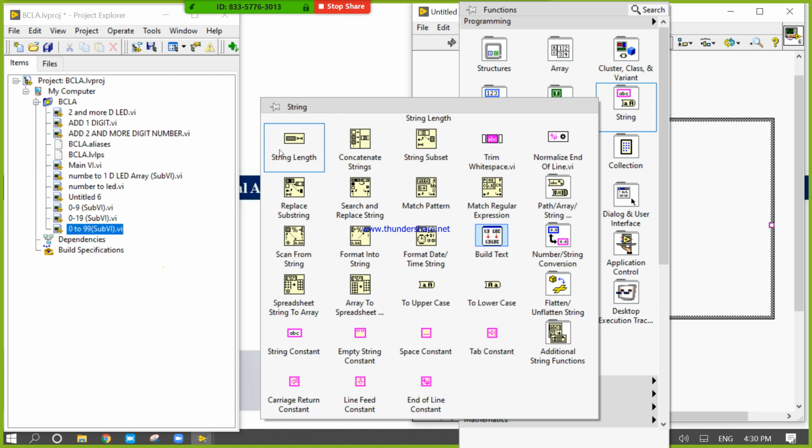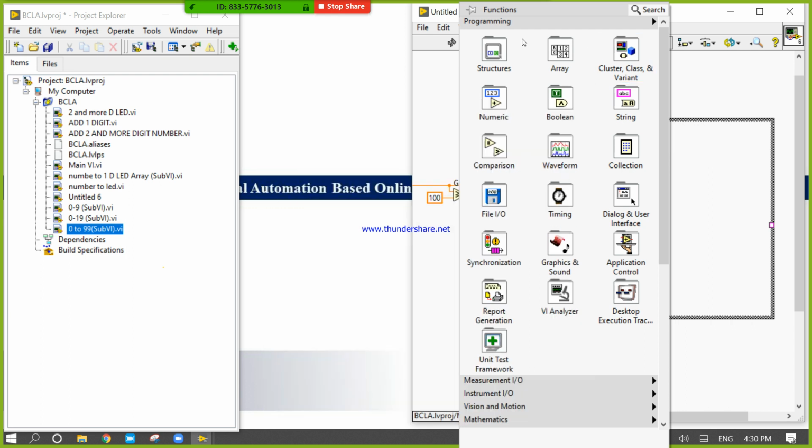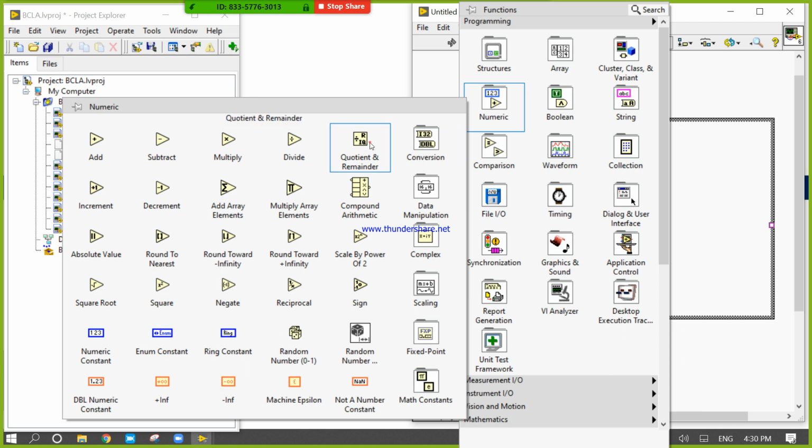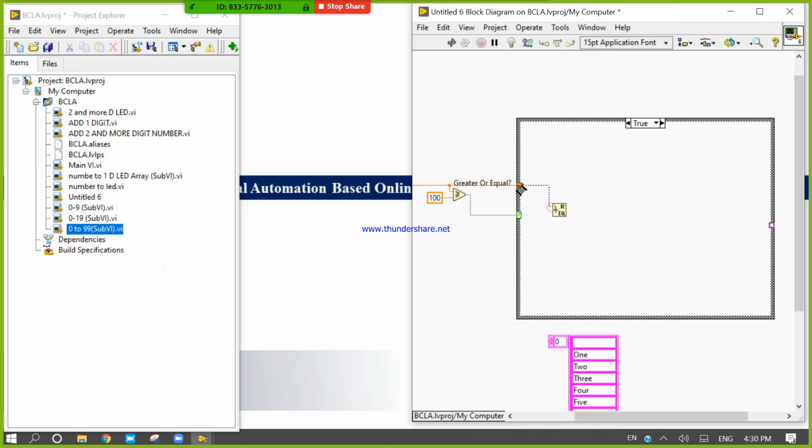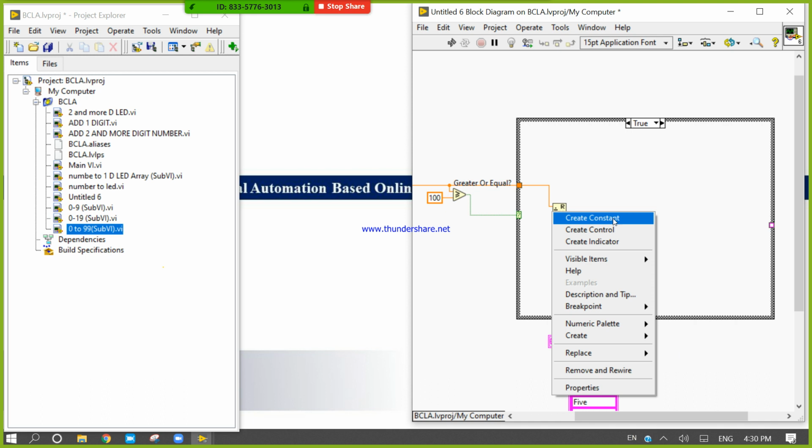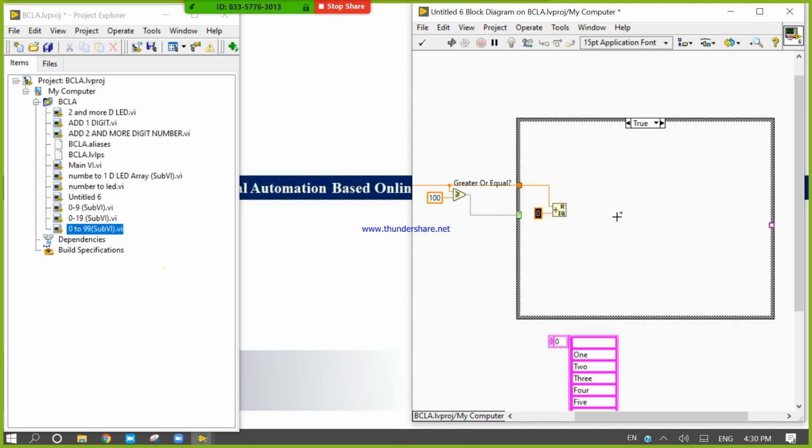For the true condition, take numeric divide, right click, create constant 100. There is one remainder. Remainder will be 0 to 99 always. So 0 to 99, drag it. It will be the remainder 0 to 99.